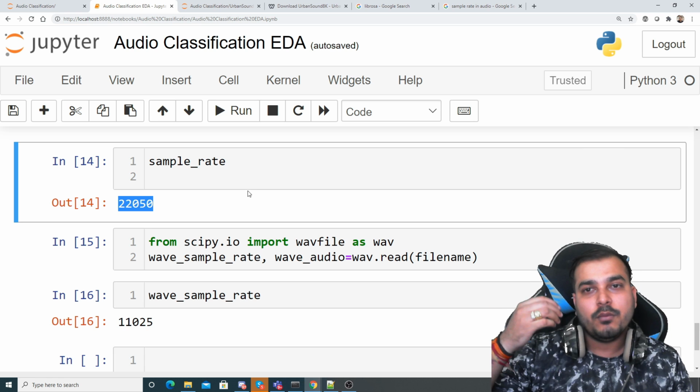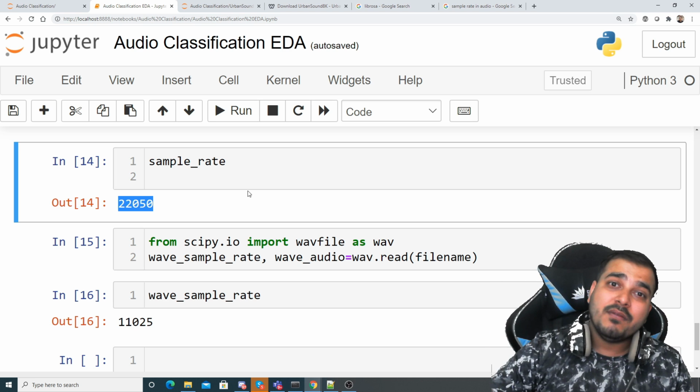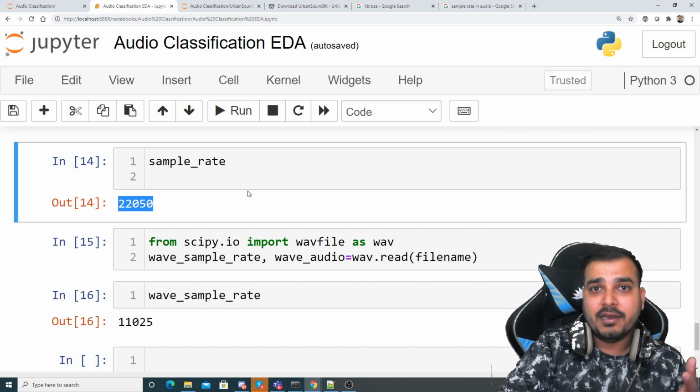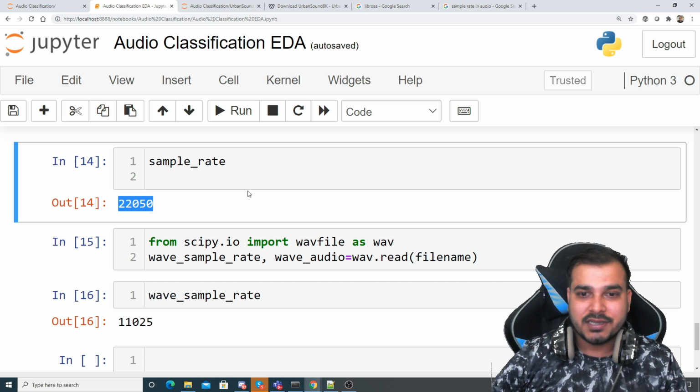Not only this, guys, as I said, there are two channels: one is the mono channel and the other is related to two different voices. It will also try to convert those signals into a mono channel. It will not just keep two channels. So librosa is very, very helpful in this kind of activity.